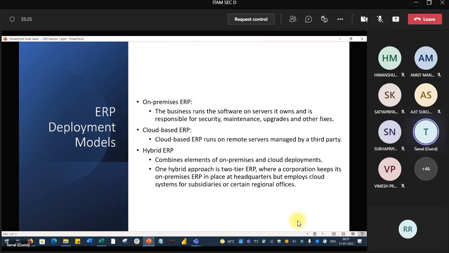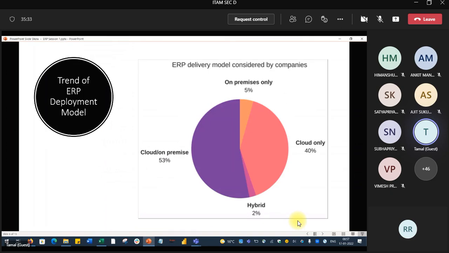So new companies can definitely go for a cloud-based ERP system, which has some advantages, some disadvantages. Let's see, okay, this one will be required. You can see how things are moving. For the delivery model, on-premise is only 5%. Cloud only is 40%. Cloud plus on-premise is 53%.